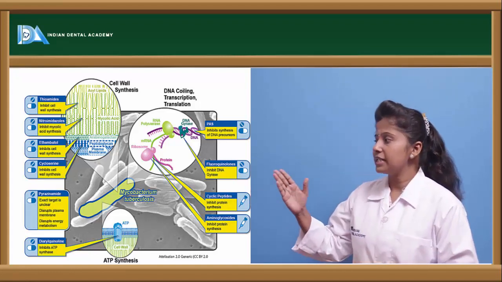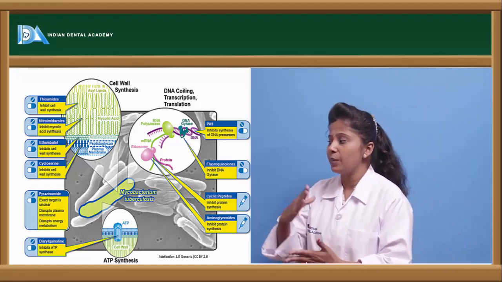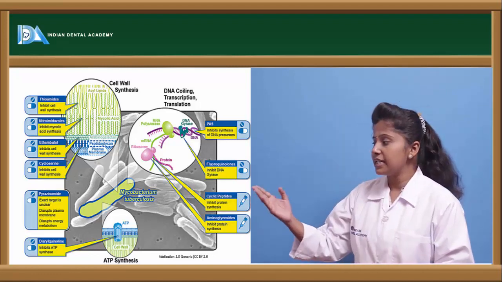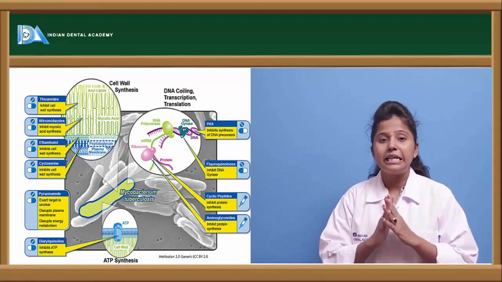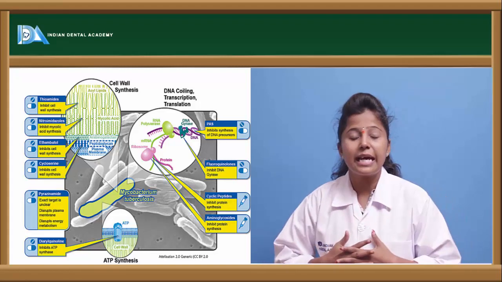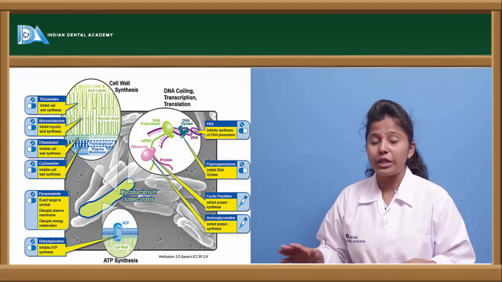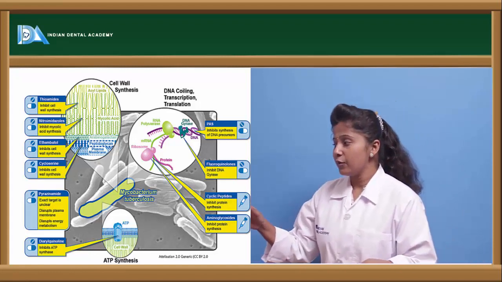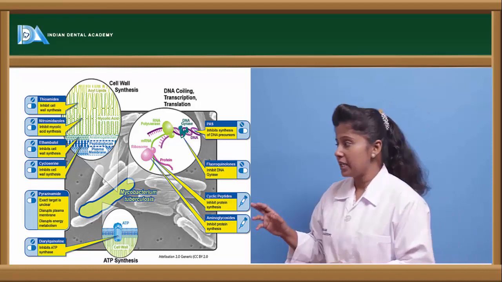So here we can see the cell wall synthesis which is occurring in the bacterial cell wall. The cell wall synthesis will be inhibited, and here we can see the ATP synthesis. So in order for the cell to divide, it requires energy. As I told you, it is an aerobic bacteria, so it requires energy and oxygen for its replication. So in that particular case, there are few drugs which inhibit the ATP synthesis in the bacterial cell wall, and